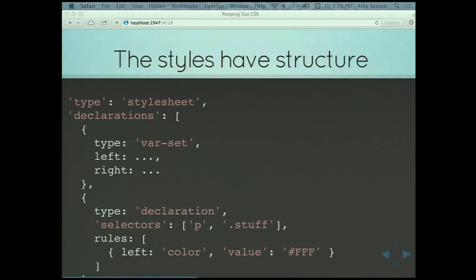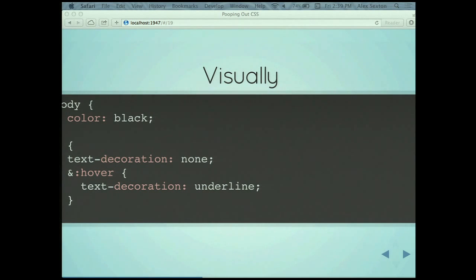Styles have structure, so even further, you might have the style sheet object that wraps that whole thing. So if your whole style sheet was just one variable declaration, it might look kind of like this. You'd have an object that said, my type is a style sheet, and in it has declarations. And the first one is a variable that's set in a certain way. And the second one is a declaration. The selector is the stuff class inside p tags, and the rules are left color value, the color of FFF. So we're just saying p stuff has the color of white, and that actually might look more like this